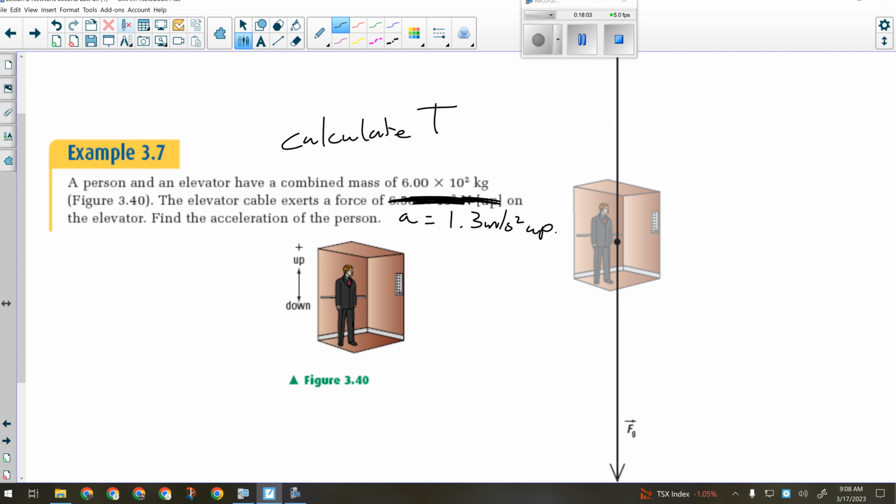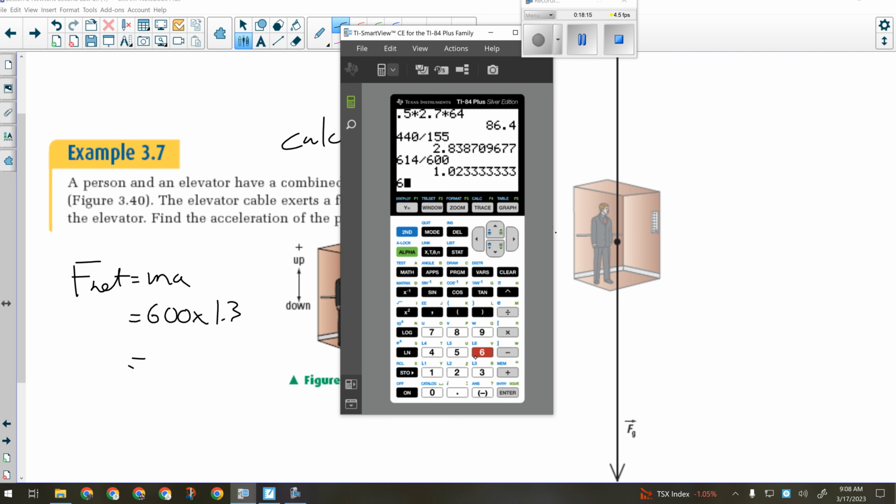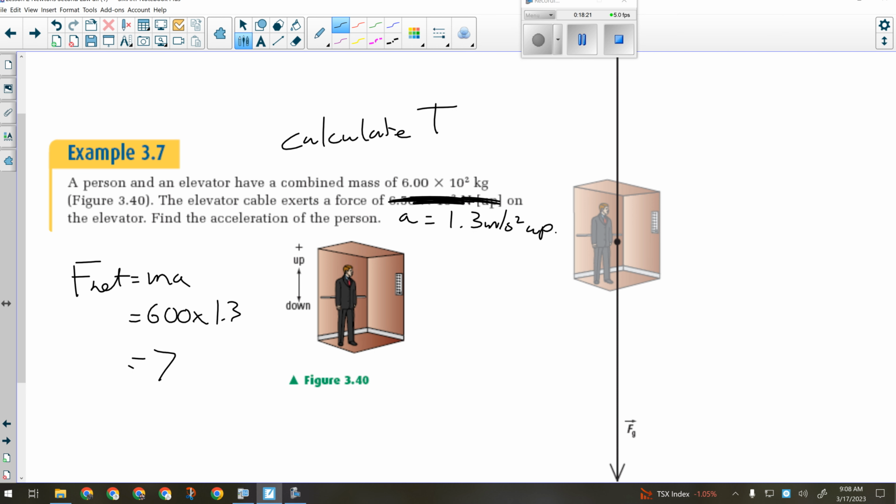So what I would do there is say, I'm going to calculate F net by going m times a. So I'm going to go 600 times 1.3, and that will get me my net force. So 780 newtons up, because I said the acceleration is up. Everybody okay with that so far? So this number here is my net force, which is also the vector sum of all the forces acting on the elevator. Now what I have to do is go, all right, this 780, which is my F net,